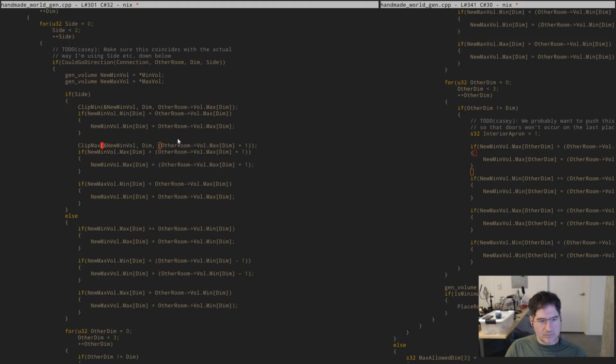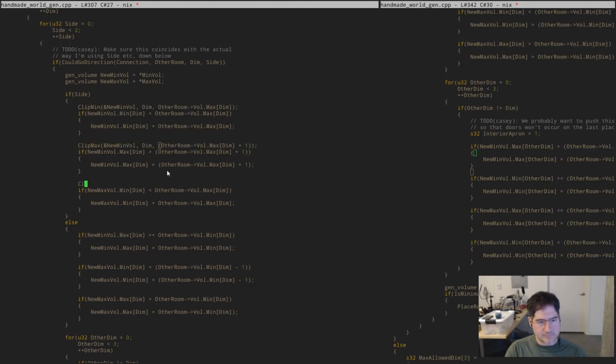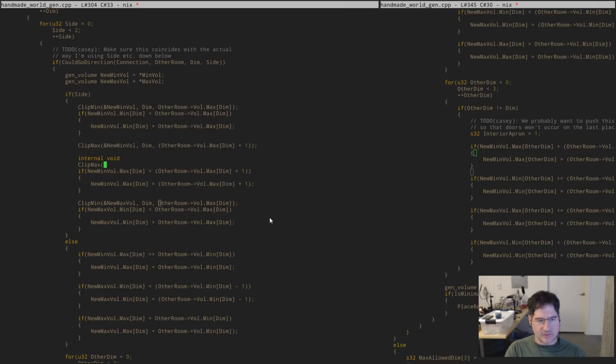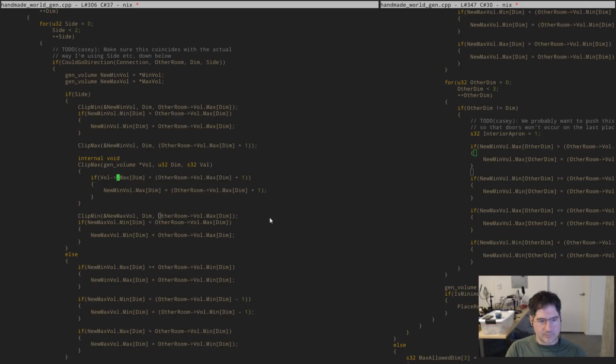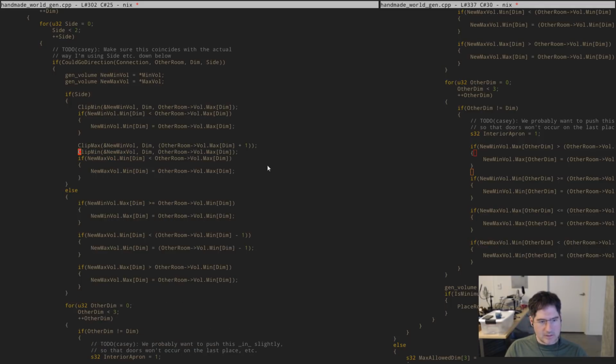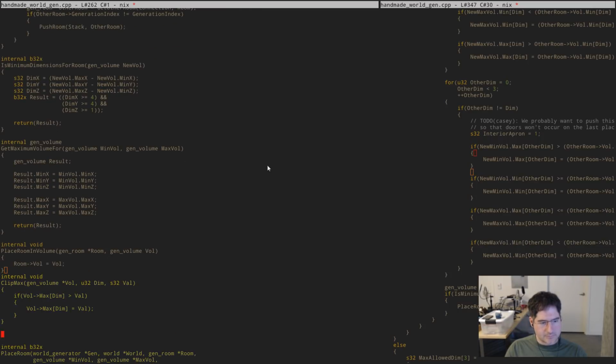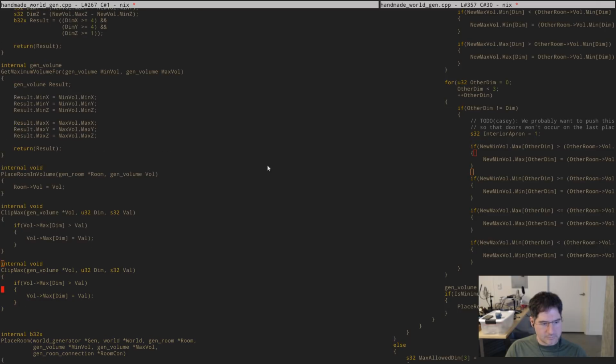Here's a way to clip the max. And so that seems probably like what I want. And that way we can just say, okay, there's the function here. It looks like this. It has a volume, it takes a dimension, and it takes a value. And then it just looks like this. So now we've got a clip min and a clip max. They operate inversely,